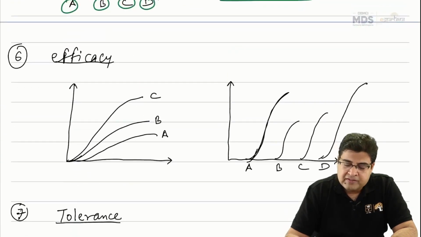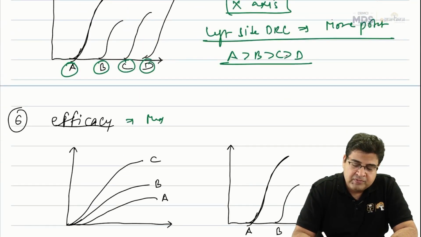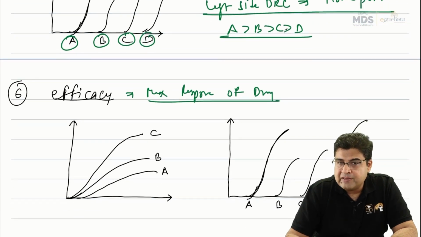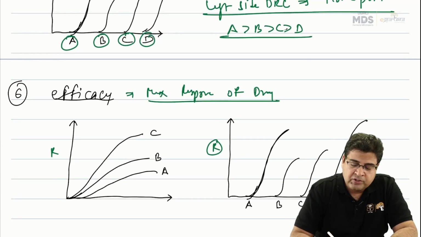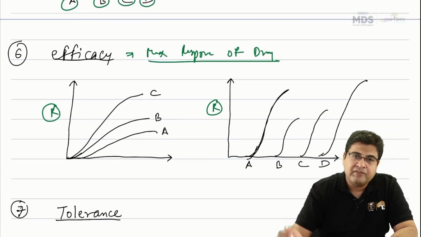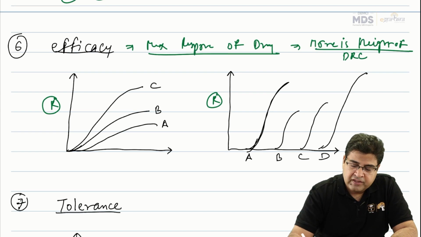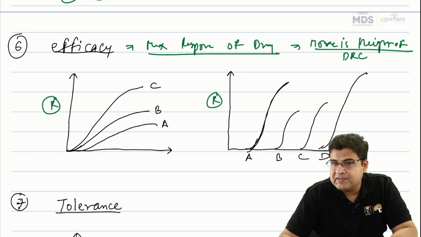Now, if we talk about efficacy, efficacy is the maximum response of a drug at any given dose. Whenever we see the maximum response, we know that the response is plotted on the y-axis. So we see the height of the graph. Here the height of the graph is important. The more the height of the DRC, the more the efficacy; the less the height of the DRC, the less the